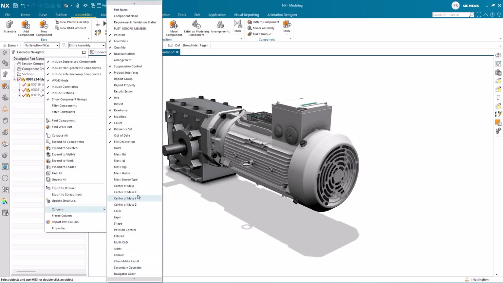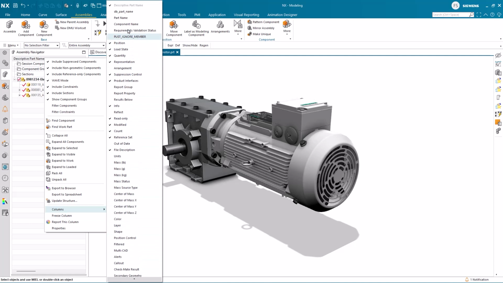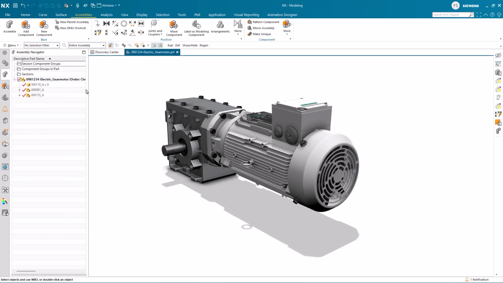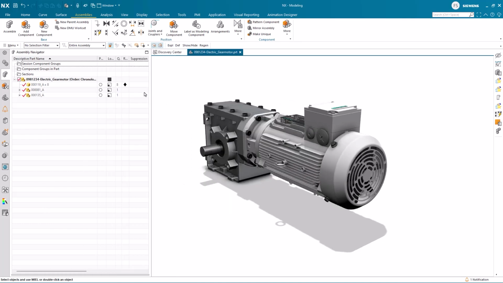As you see, there is a wide range of attributes you can add to your visual columns. Scrolling to the bottom and selecting Configure provides you with the opportunity to add additional specific attributes as you need them. In my example here, I'm using primarily the position, load state, quantity, and representation options. That for my purpose here is sufficient.